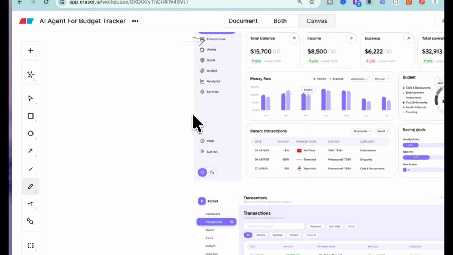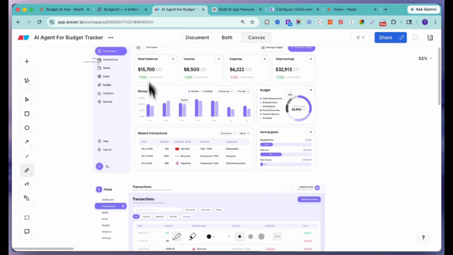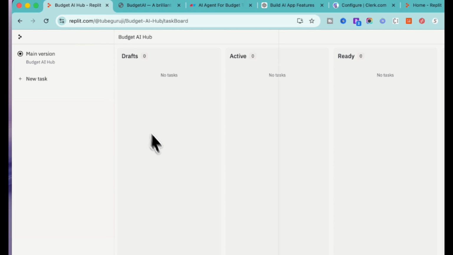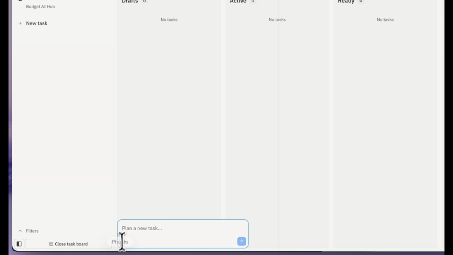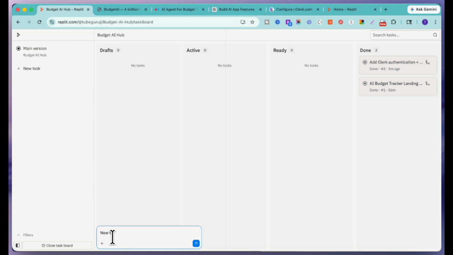We are implementing the transactions page because once you have some data, then you can implement the dashboard, since the dashboard is all about showing multiple kinds of data. So let's go back and start implementing. Over here I will add the first task, and we'll say: now once the user signs in,